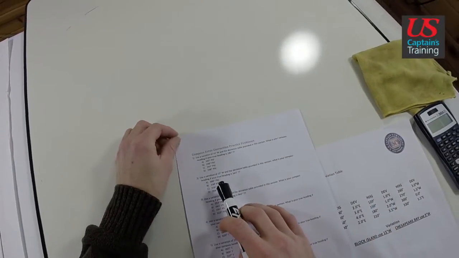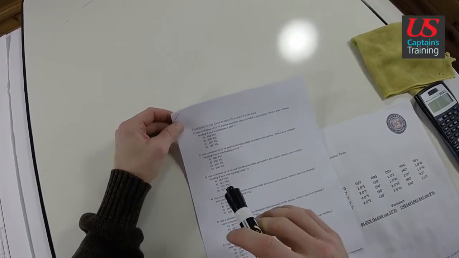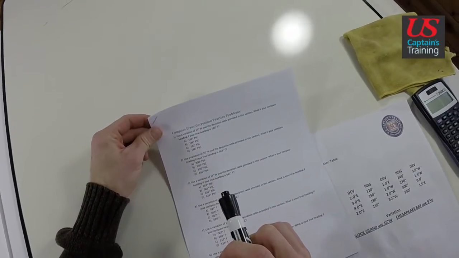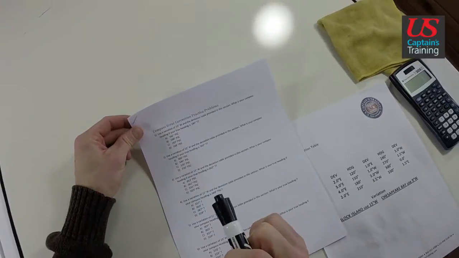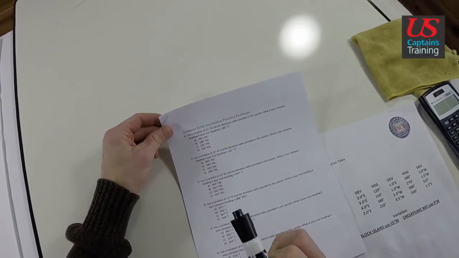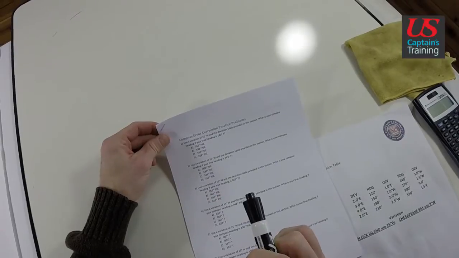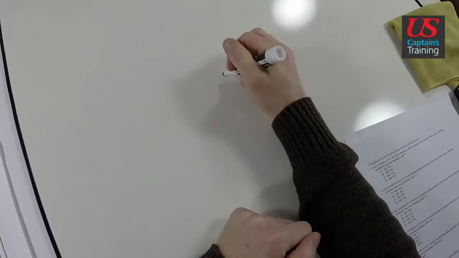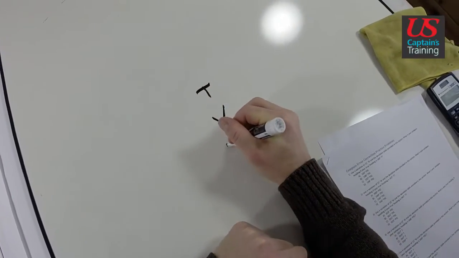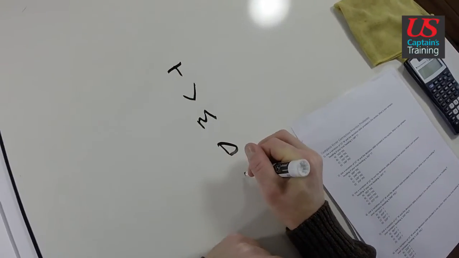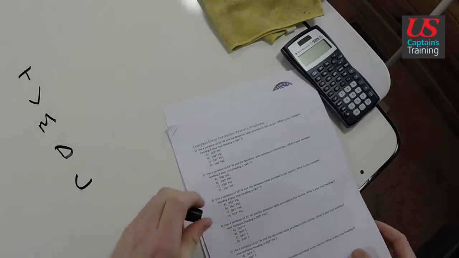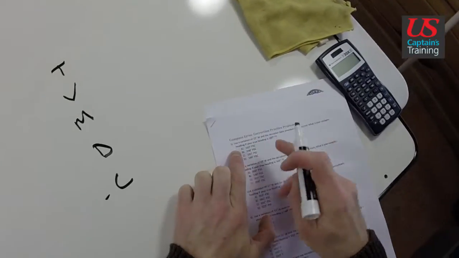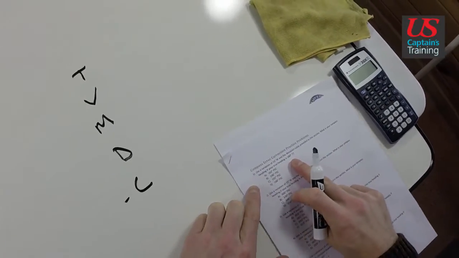Let's check out these compass error correction practice problems. The first one reads, use a variation of 15 west and the deviation table provided in this section. What is your compass heading if your true heading is 180 degrees true? So we lay out our TVMDC. And the problem says, what is your compass heading? We're looking for compass. If your true heading is 180, so